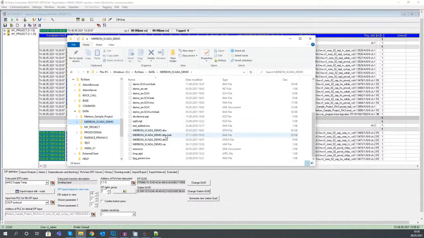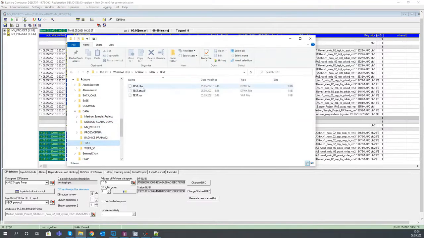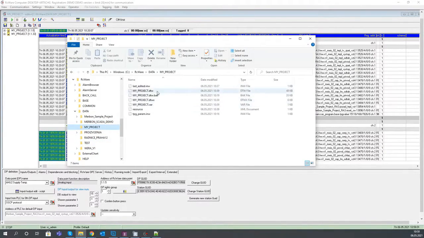And another issue is that it has the very same name as the project folder. It must have the very same name. So this is Merbon SCADA demo, and this is Merbon SCADA demo DTW. This was test DTW, my project DTW. So if you copy and save this file, you're on a safe side and you have actually the